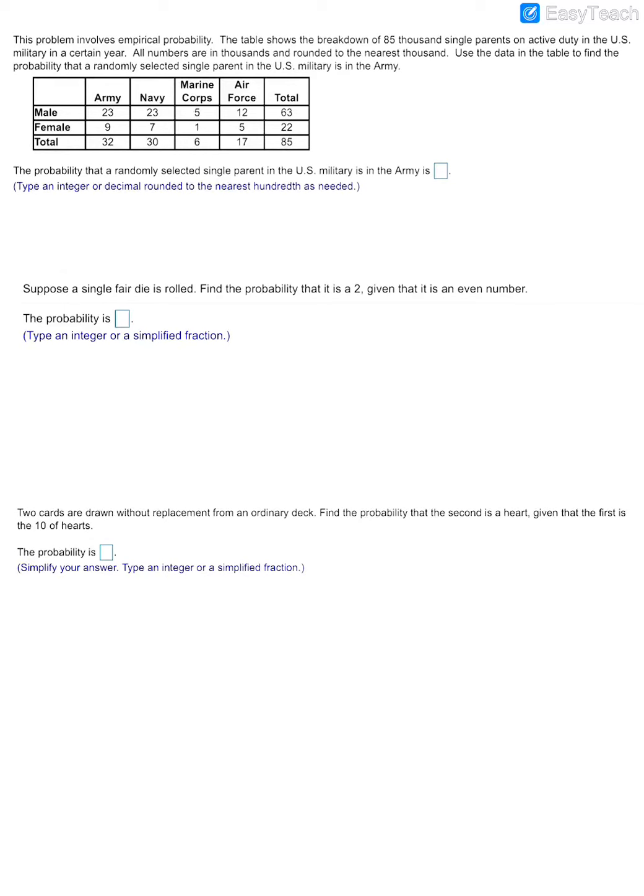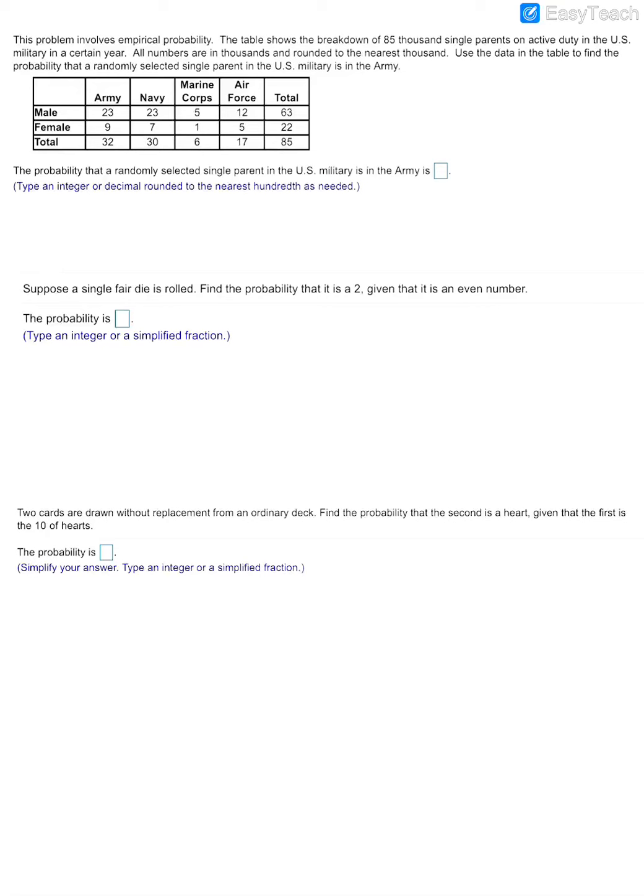We are looking at some probability problems. So in this first particular example, notice that they give us a table. It shows the breakdown of 85,000 single parents on active duty in the United States military in a certain year. All numbers are in thousands and rounded to the nearest thousand. So we are to use the data in the table to find the probability that a randomly selected single parent